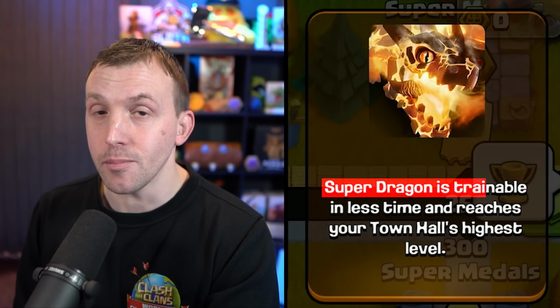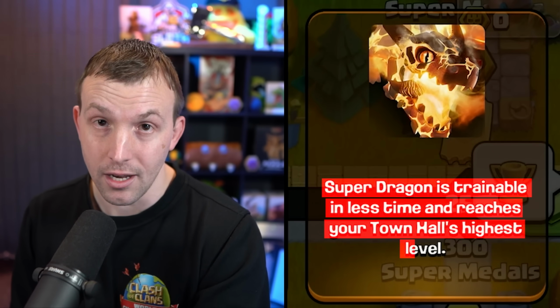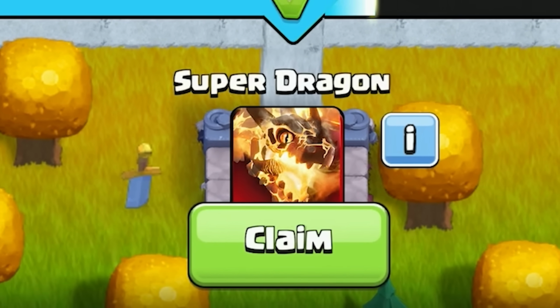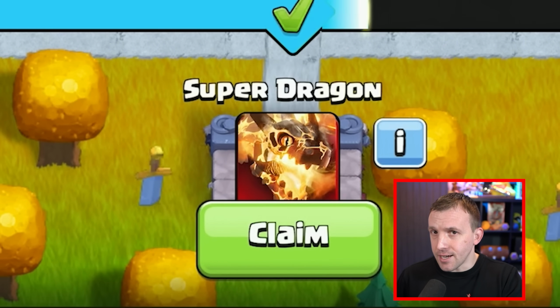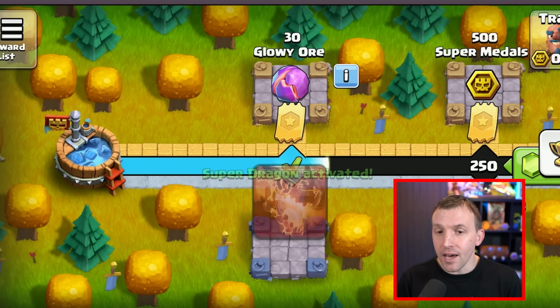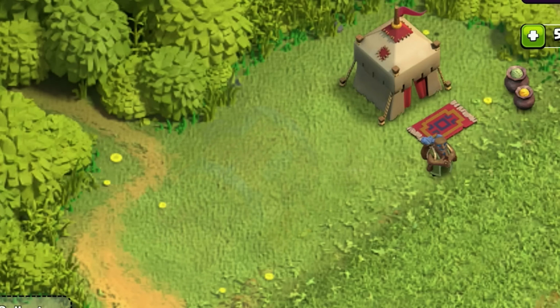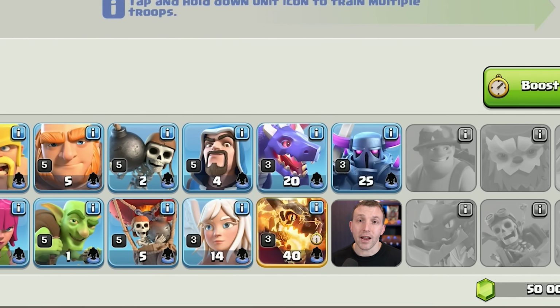Super Dragon is trainable in less time and reaches your Town Hall's highest level. Whilst it is not a new limited edition troop, it is a big deal. Firstly, it is unlocked straight away in the event pass, and for Town Hall 8, 9, and 10 players, they now have access to a Super Troop. They still won't be able to see the Super Troop sauna, they'll just be able to train up the Super